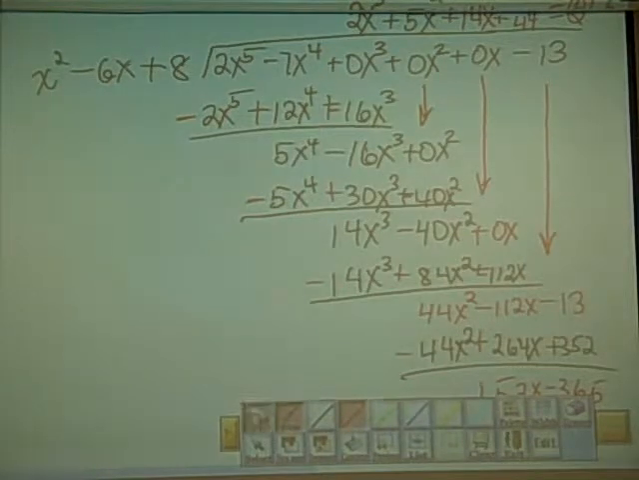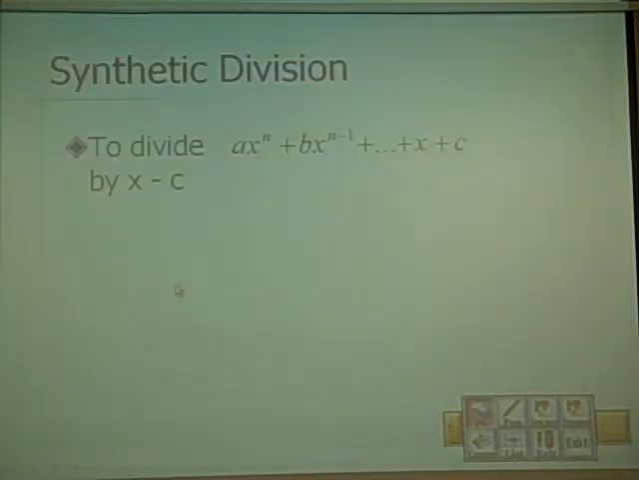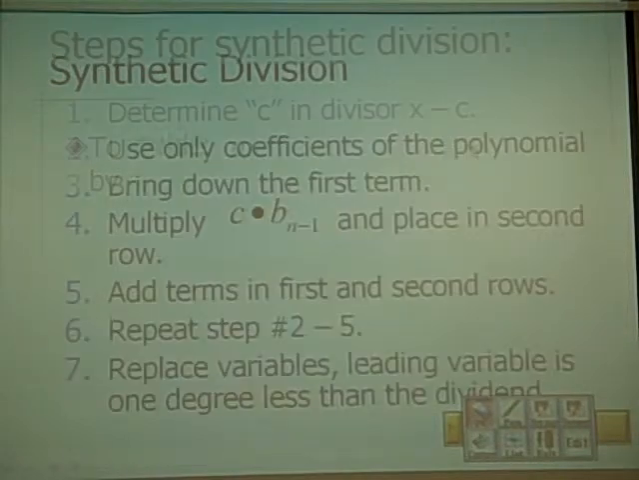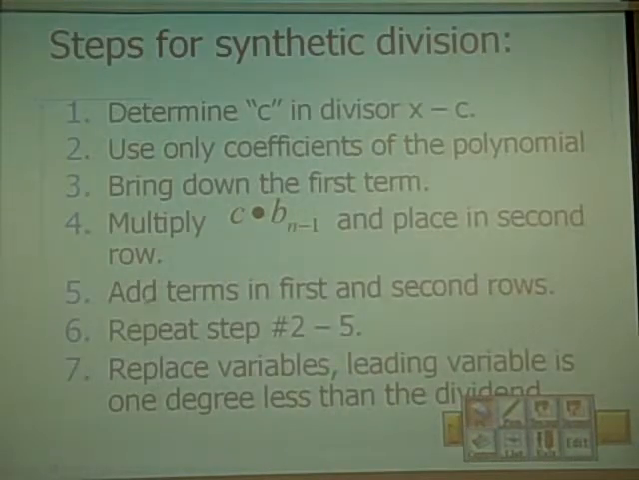Use synthetic division. Let's take a look at the notes for that. For synthetic division, we have a polynomial such as ax to the n plus b, and then one exponent lower, the next exponent lower, until you get x plus some constant, where you're dividing by x minus c. In your synthetic division, you're going to be using the opposite sign of what you have for this x minus. So you determine what c is for your divisor, use only coefficients in the polynomial by bringing down